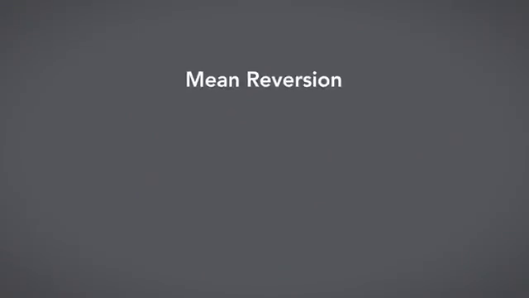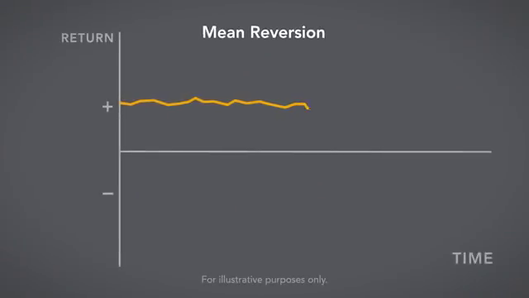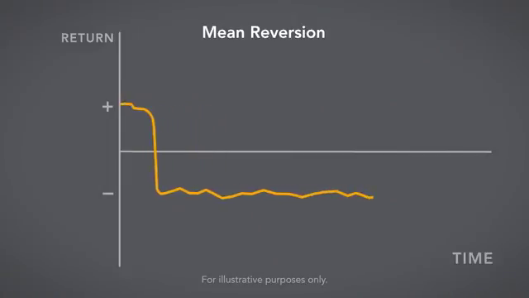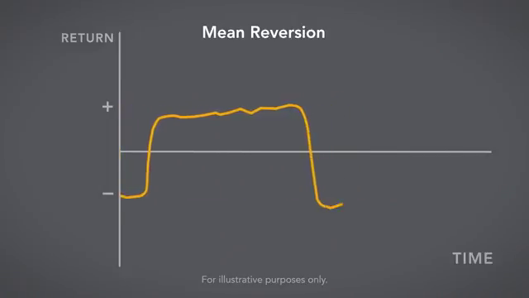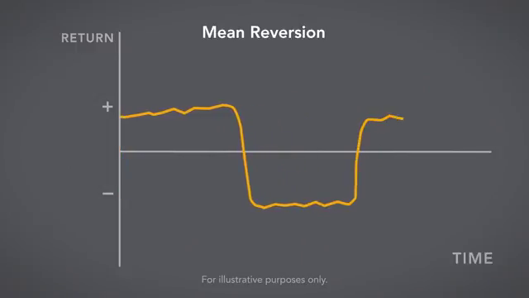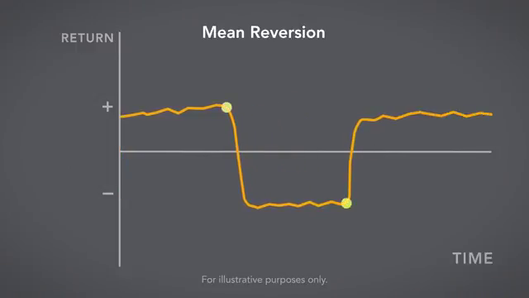Many investors believe that there may be a way to predict when to buy and sell securities. In financial markets, mean reversion is the idea that higher than average returns will be followed by lower than average returns, and lower than average returns will be followed by higher than average returns. If investors were able to anticipate when the unusually high or low returns will end, they could sell or buy securities at advantageous times and earn higher returns.